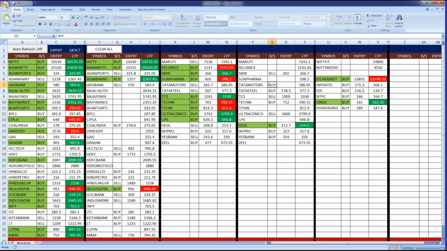The auto index is up by around 1.5%, so this buy call might get triggered. So I will just remove the sell,